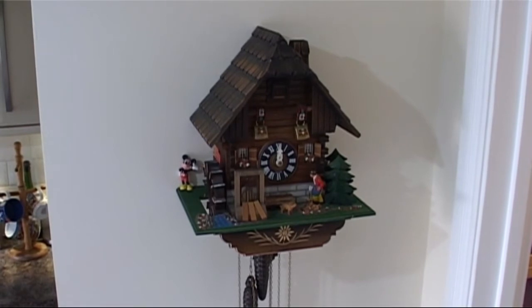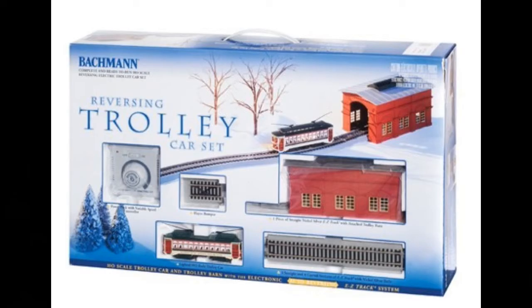So, for Christmas in 2015, we thought it would be a good idea to have a shelf with a Christmas scene and a train shuttling back and forth on it. We found a Bachmann trolleybus shuttle system, which was ideal for the purpose, and also lots of Christmas village figures